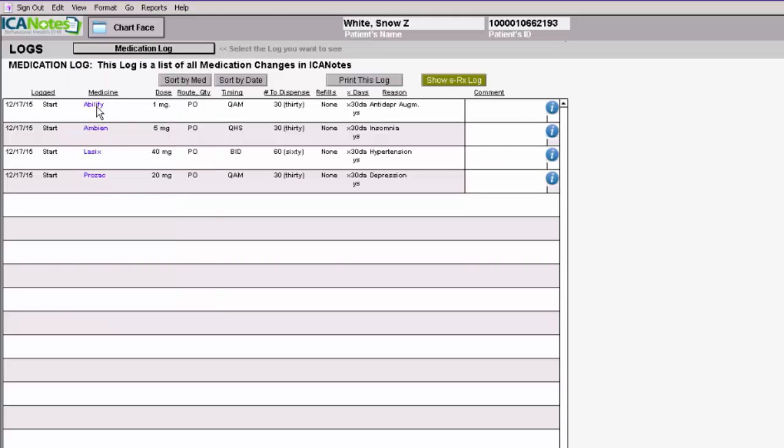And you can see that Abilify, Ambien, Lasix, and Prozac were all started. If you click on this button here, it'll take you to a website where you can pick up educational information about each of the medications, print it out, and give it to your patient. Let's talk about this field for just a minute. I'm going to come back to the chart face,